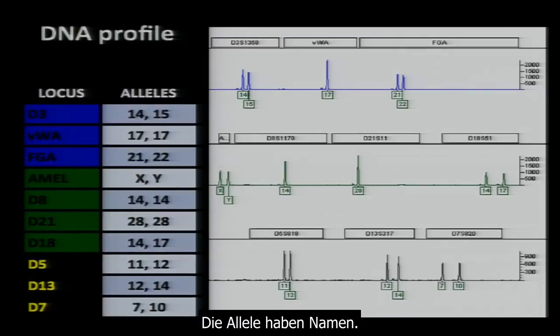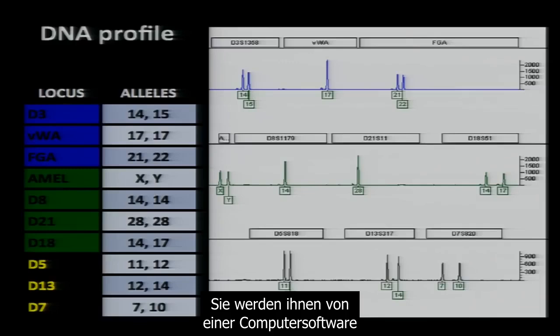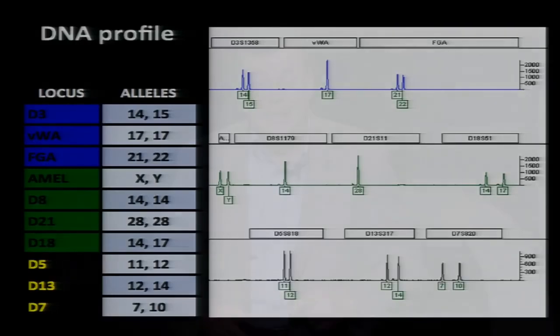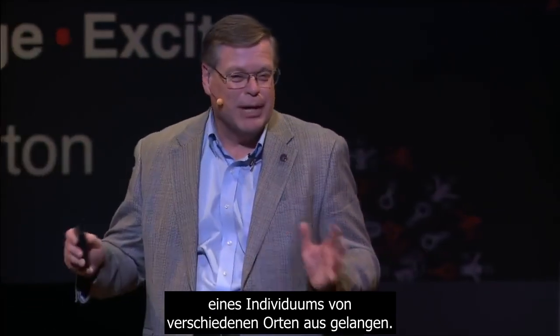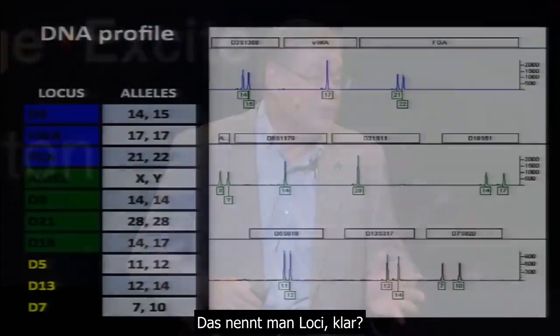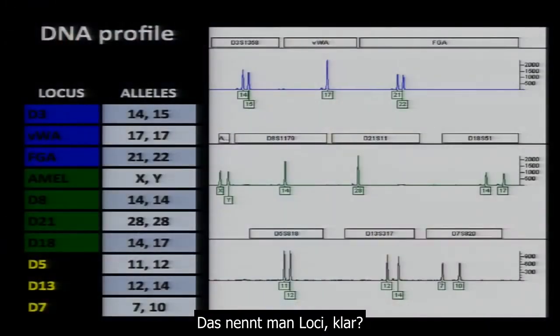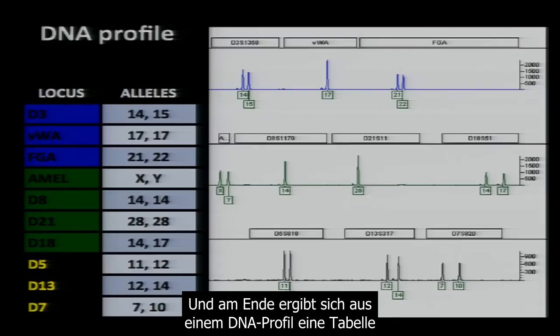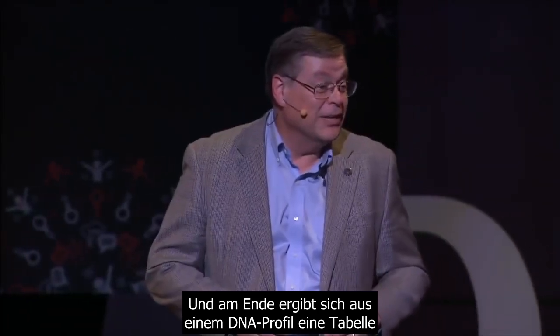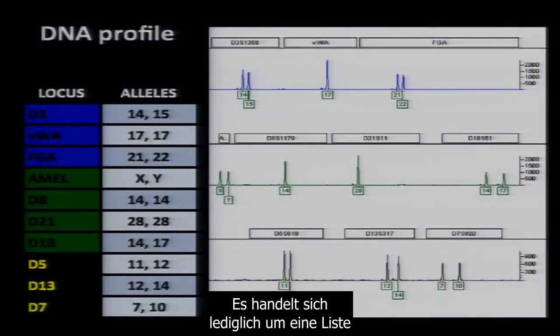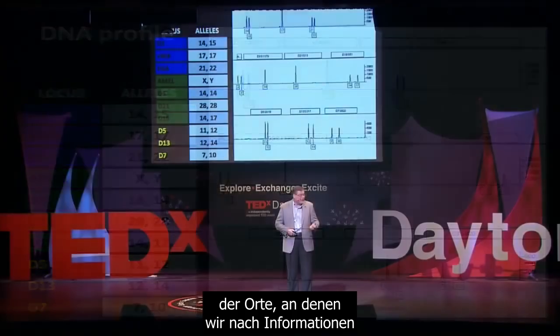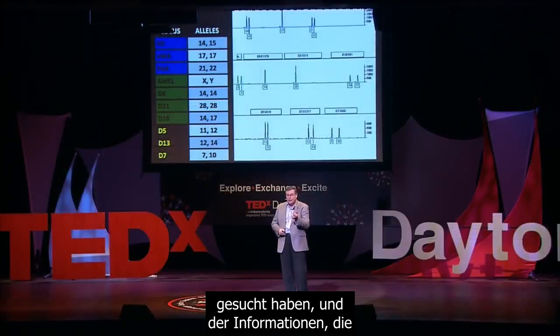The alleles have names. They're given to them by some computer software that puts some numbers under them. The numbers are their names. And we'll get this information across an individual's chromosomes from a number of different locations. Those are called loci. All right? And when all is said and done, a DNA profile distills down to a table of alleles like the one that you see here on the screen. It's just a list of the locations where we looked for information and the information that we found,